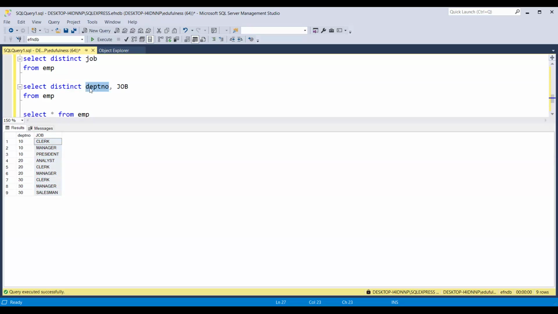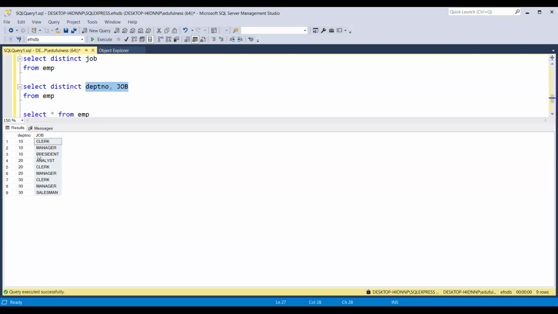If it worked on a single column, suppose department number returns 3 values and job returns 14 records, how would 3 and 14 records map? It would generate invalid data. So the DISTINCT keyword works on the combination of all the columns as a unique.